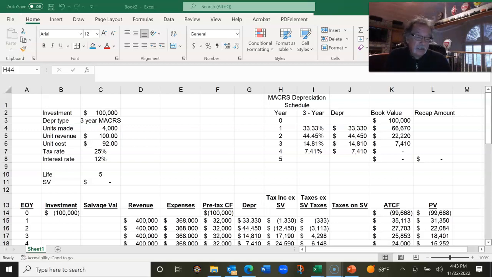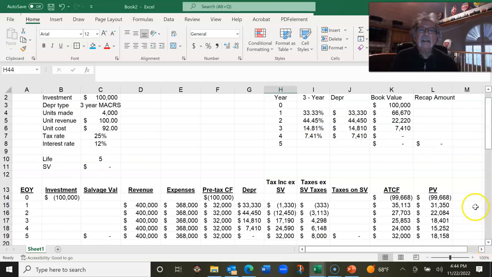Now this could be the project model, but this is a project where we have an investment of $100,000. We're going to depreciate it over 3 years with MACRS depreciation. Very simple. We're going to make 4,000 units a year, $100 per unit. Unit cost is $92 a unit. We've got a tax rate of 25%, and our discount rate, our present value factor, is 12%. For the time being, let's assume our life is 5 years and we have zero salvage value. That makes things real easy. We don't have any tax impact upon